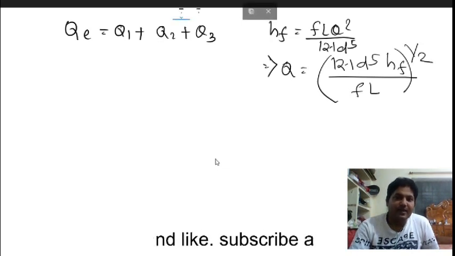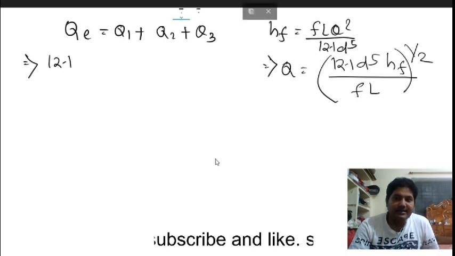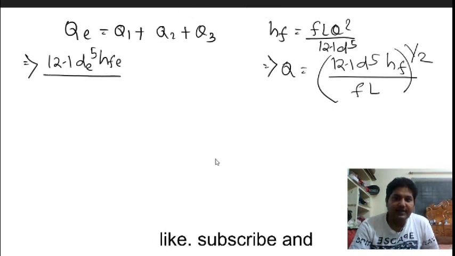So now if you put this, it comes out as 12.1 D_E to the power 5, and the head loss of the equivalent pipe divided by the friction factor of the equivalent pipe